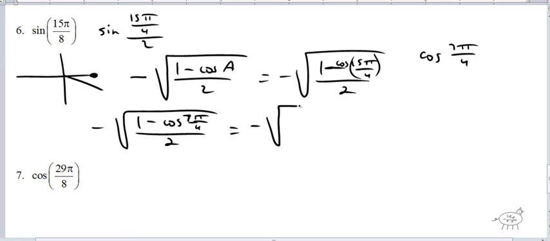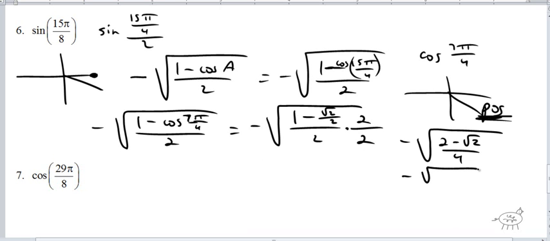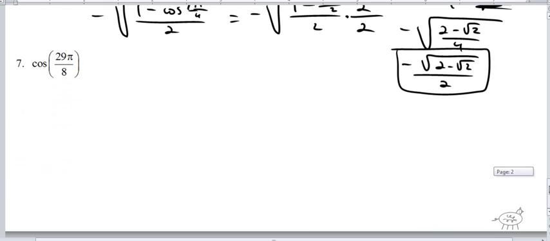Okay, so 7 pi over 4 is here in the fourth quadrant, and cosine's positive here. So it's going to be 1 minus a positive root 2 over 2 over 2. Okay, nice, simplify, get rid of the fraction. So I get negative square root of 2 minus root 2 over 4, which gives me negative square root of 2 minus root 2 over 2. Okay, pretty reasonable. Okay, so our last problem is just a little nasty